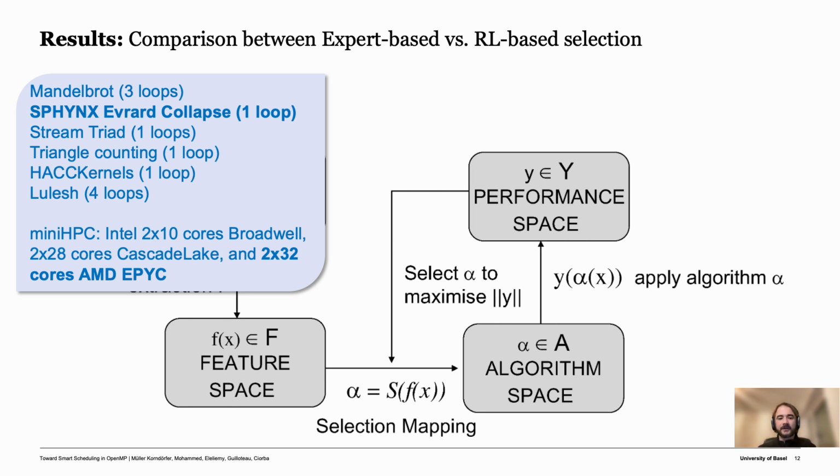Another important thing here is that all these applications are time-stepping applications. So basically the loops are executed multiple times. In our case, each loop is executed 500 times per execution. For now, this is a requirement for the selection methods, as we need the time steps to be able to record the performance of previous time steps and to take a decision on which scheduling technique is the one achieving the highest performance in a given combination.